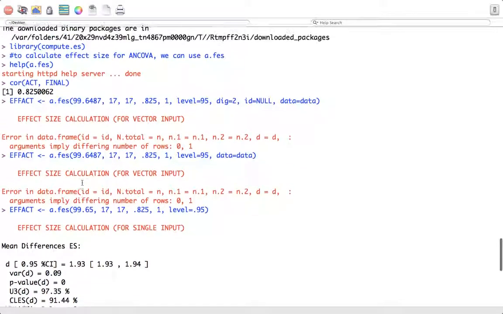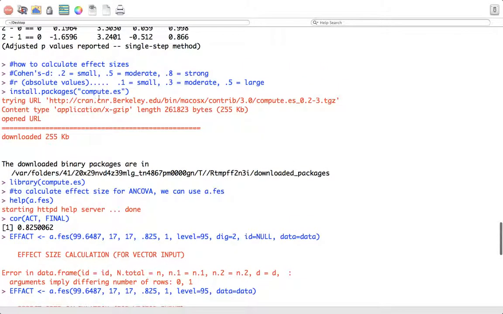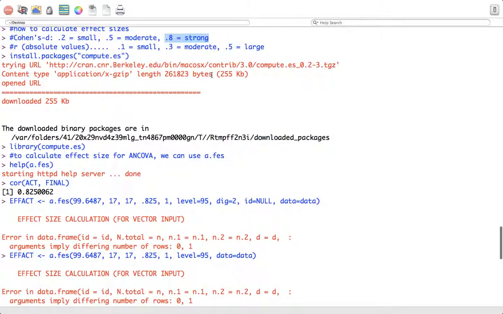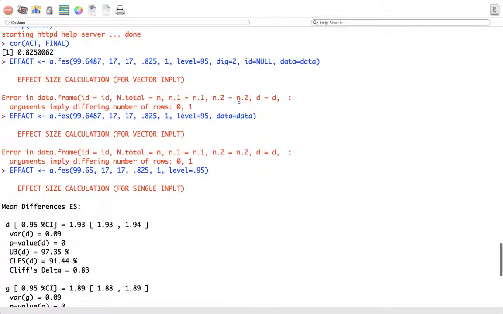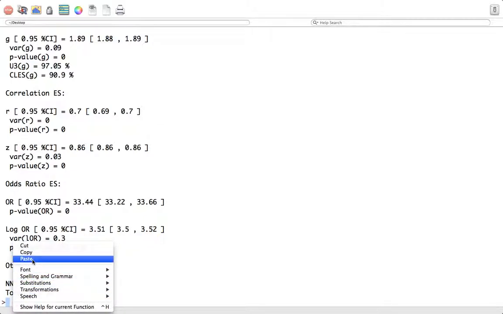So 0.7 on the r is above the threshold of 0.5, and the 1.93, according to Cohen's d, that's the one I always report, is very strong. Now we're probably not going to get a very strong effect size for our